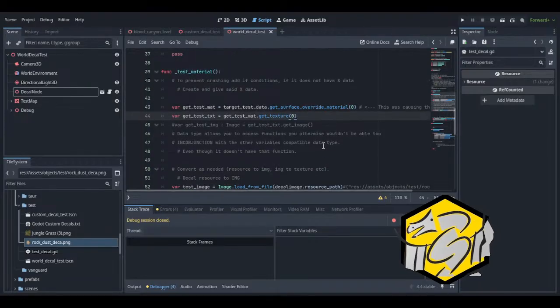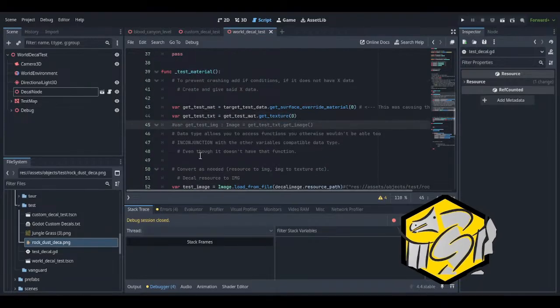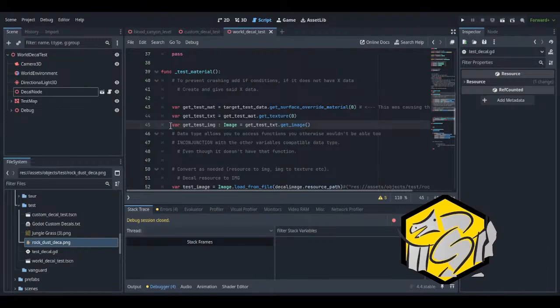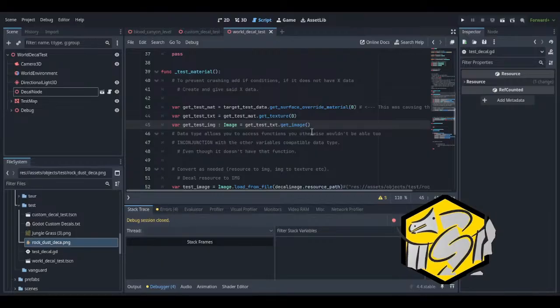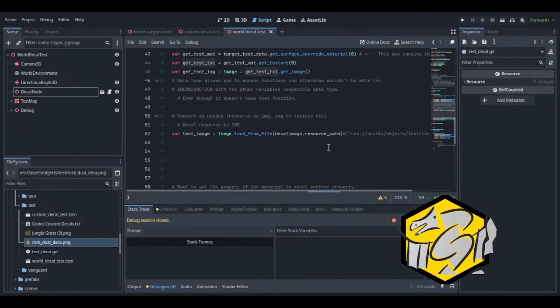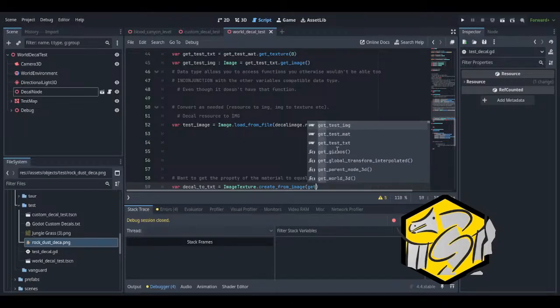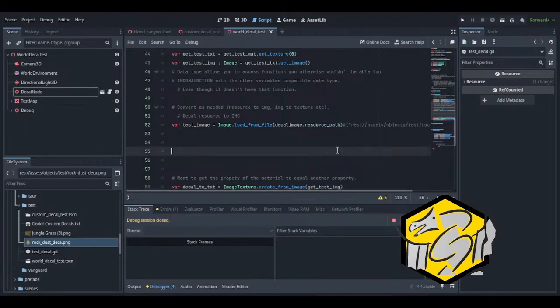Now that we have the texture, we gotta get the image, and we're gonna do get test image equal get test texture dot get image, which should work, and then we go down here and we do get test image, and then hit play.